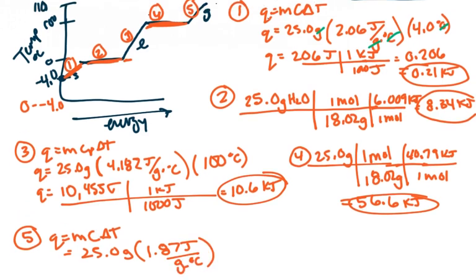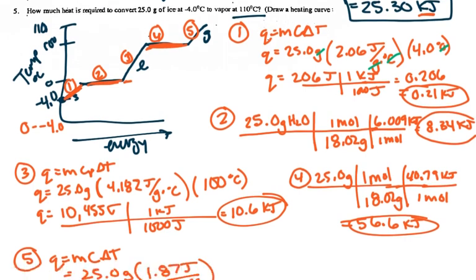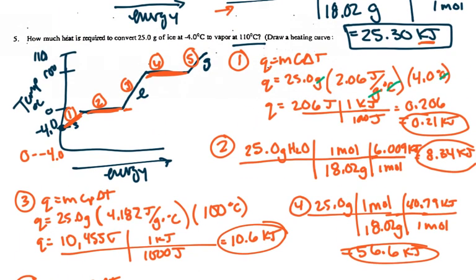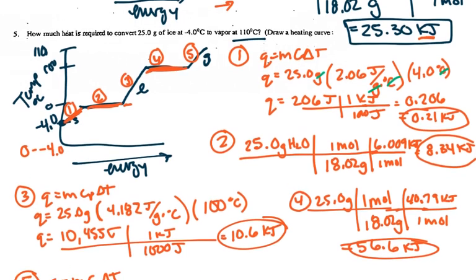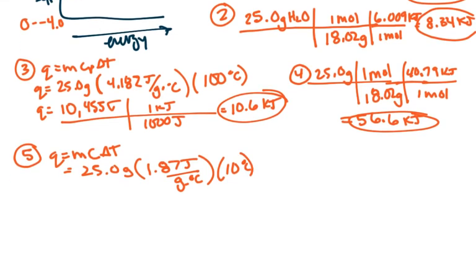And then my change in temperature for that last part is 110 minus 100, so that's 10 degrees Celsius. That one actually was given to us, so it was measured to the 10th place, which that still is, so that's okay. Oops, I meant to put a C there. Okay, so multiplying all that through gives us